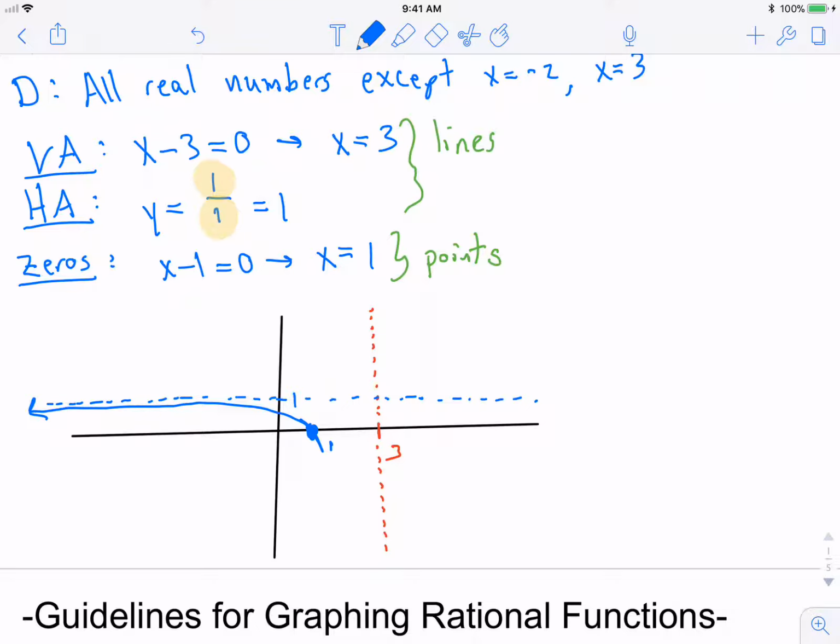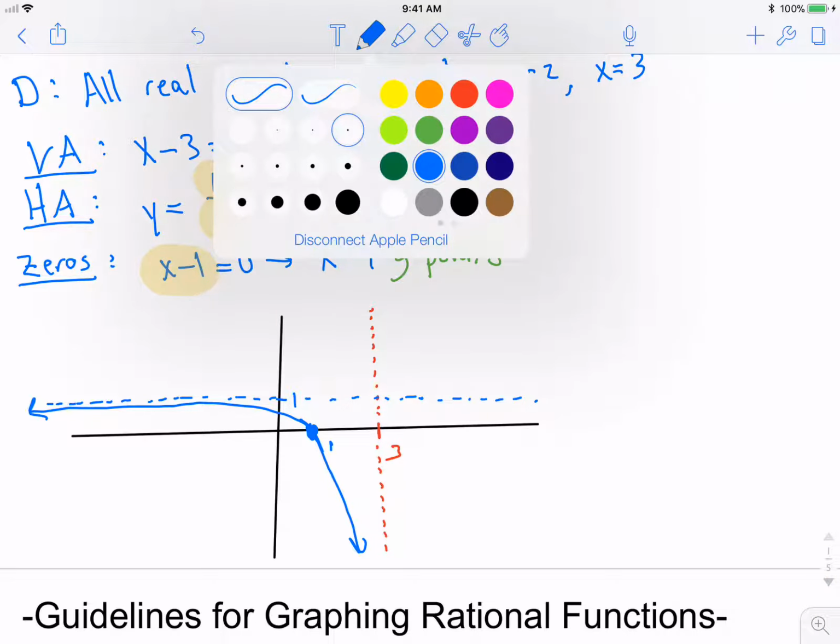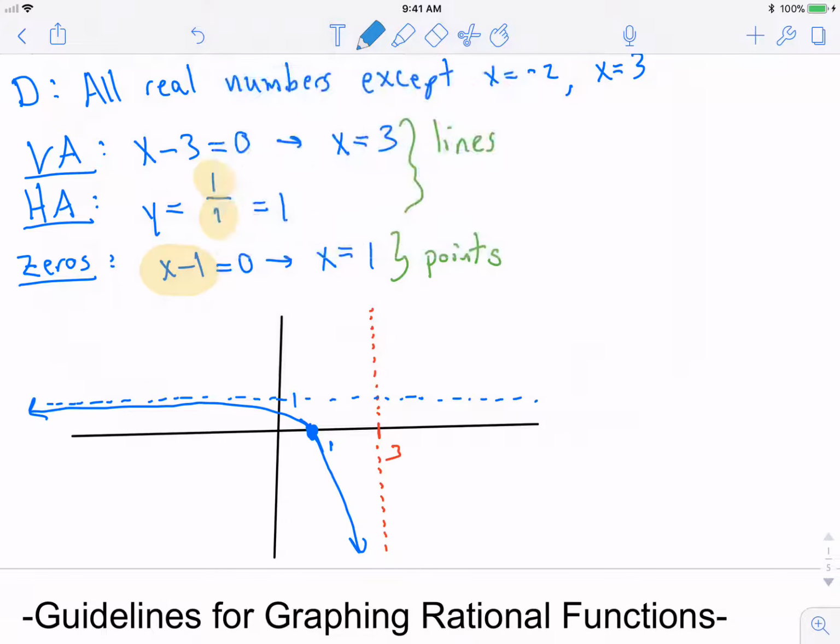So since it never crosses the x-axis again, and the multiplicity of this 0 is 1, then that means it goes through the x-axis and has to decrease to negative infinity. It's not allowed to swerve back up, but we don't quite know what the graph looks like on the other side, so we do have to plug in a value bigger than 3. Maybe we'll do that in a little bit of a lighter blue here. All we need to do is plug in x equals 4 and see if it's above or below the horizontal asymptote. So if x equals 4, then we have